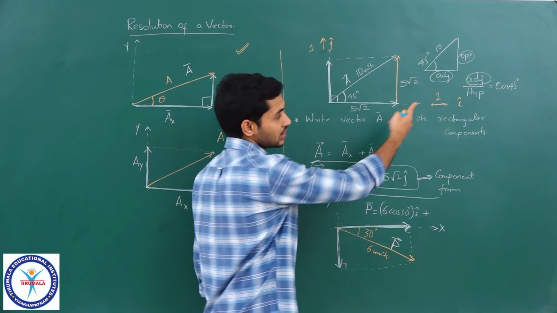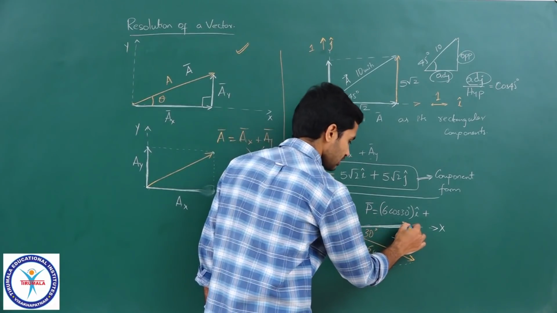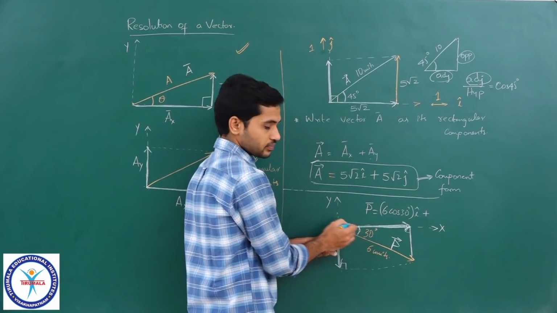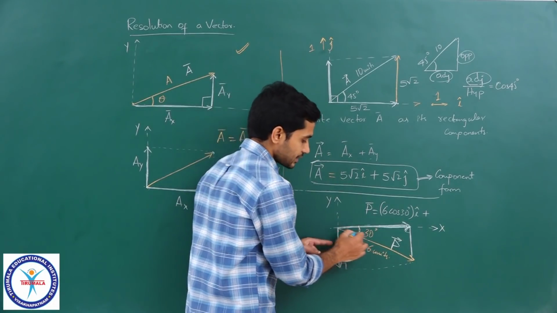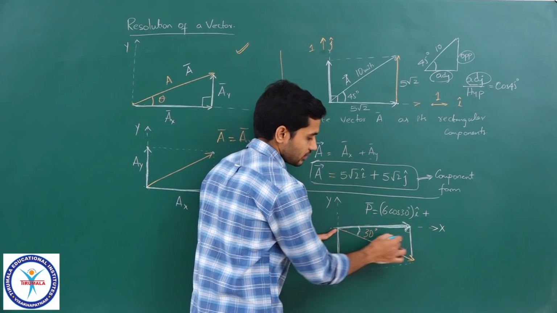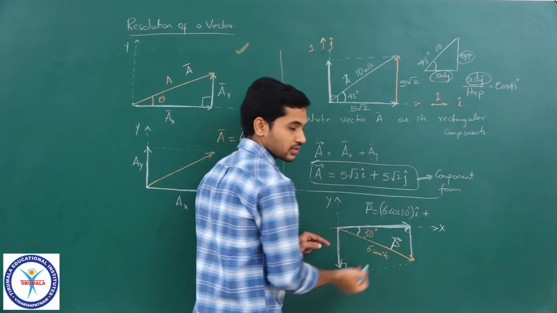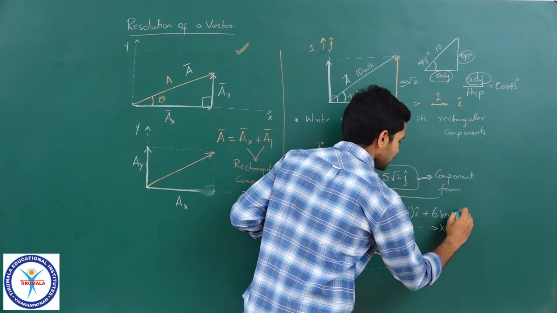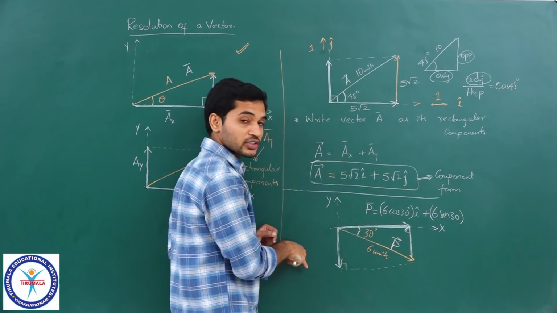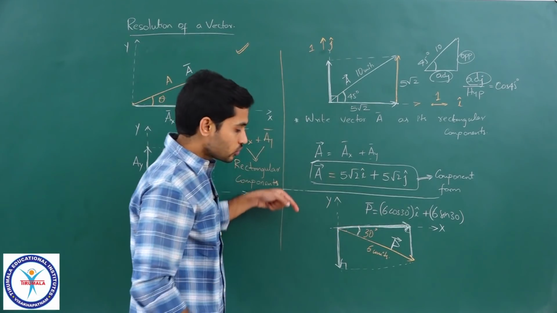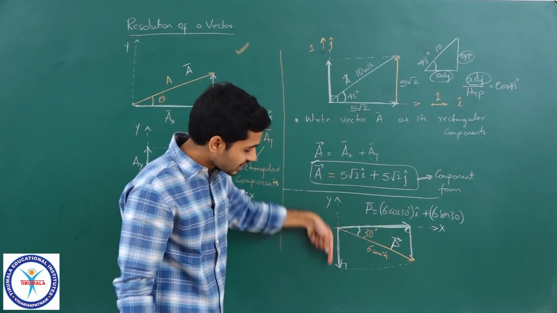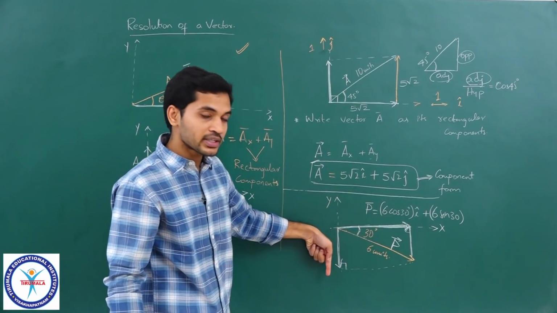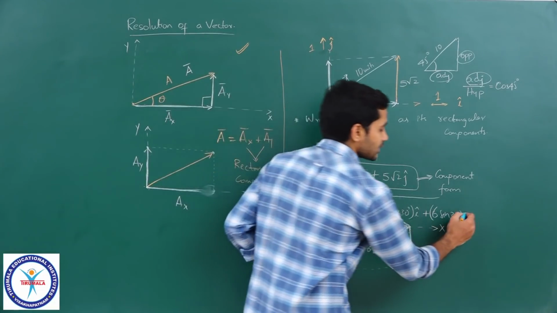Now, similar to that logic, this length here can be found out by using hypotenuse into sin 30. Do you understand what I am saying? This length into sin 30 will give me this length in this right angle triangle, correct? So, I will directly write it down. That would be 6 sin 30 into, what is the direction of this vector? Do not blindly write j cap every time. Look at in which direction the component is. It is downwards, right? This is our positive y axis. So, the component here is downwards, so I should take it as minus j cap.